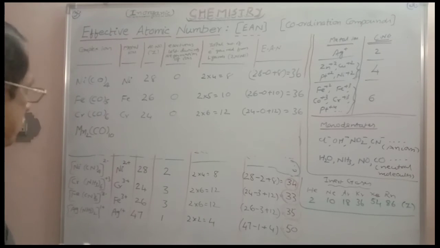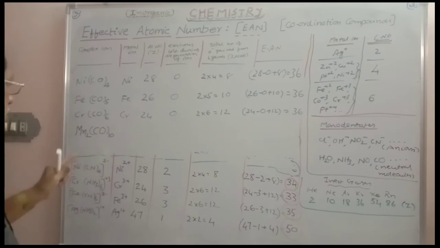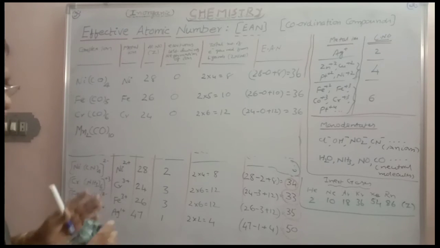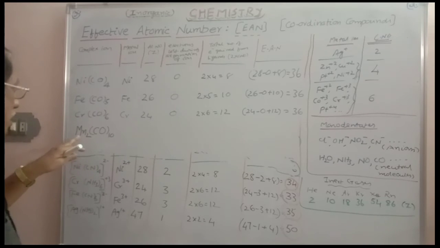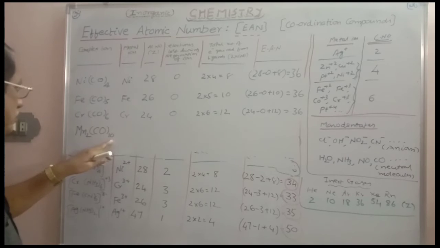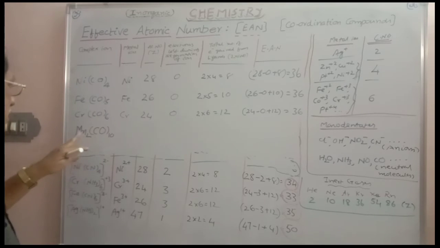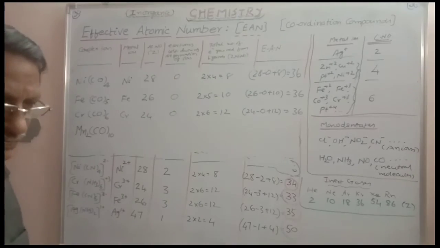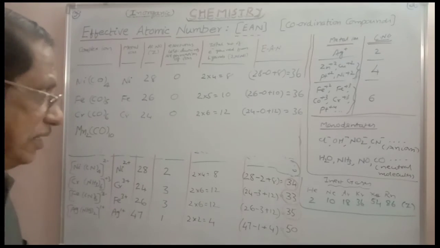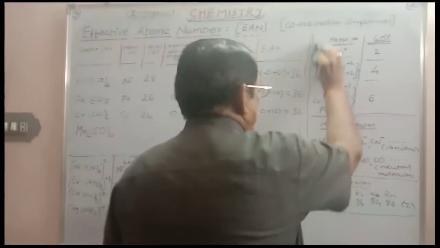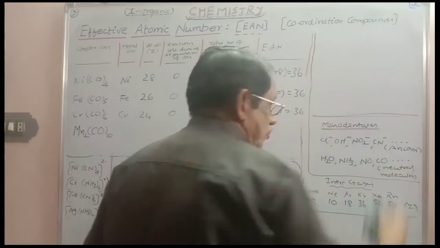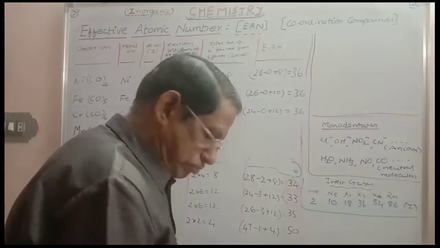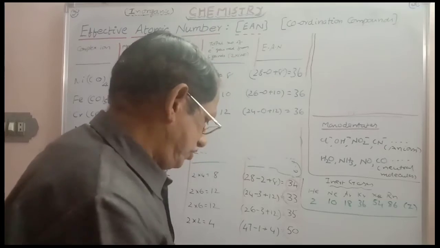How can you write here? What is the oxidation state? Mn is 0 also. Primary oxidation state is 0. If you think like so, 1 Mn if you take here, 5 ligands will be there. 5 into 2 is 10, 10 plus 25 atomic number, 35. 35 is obtained. But this is quite stable. How is it obtained? That means in the polynuclear carbonyls, you have to know the structure. That is more important. You have to know the structure here.